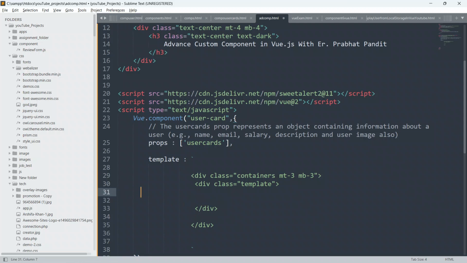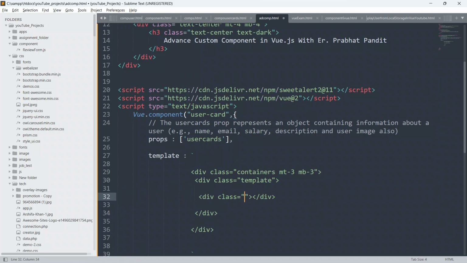So guys, as you can see here, you are free to write any kind of HTML tag, any kind of HTML code inside the template, as I have already explained. So I'm gonna create another div and give the class also. First of all close this div, otherwise we will forget, and later on we will face a lot of issues because of this only.